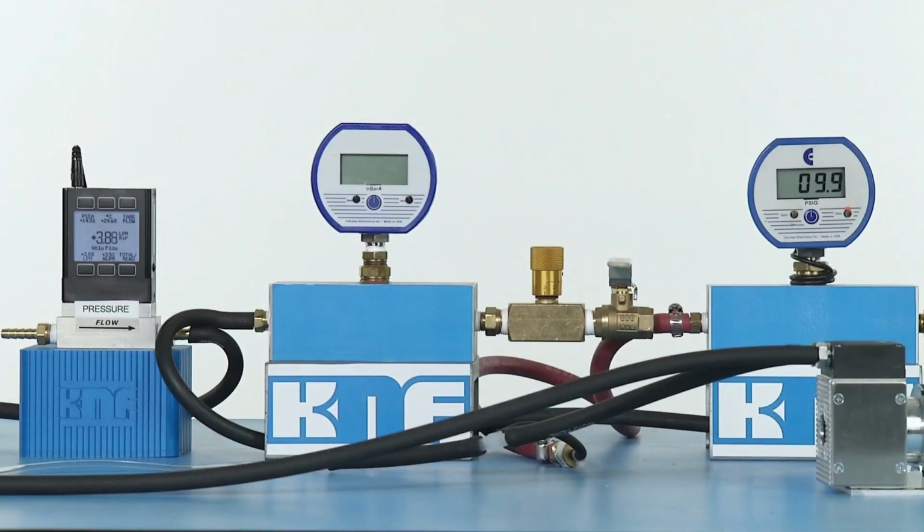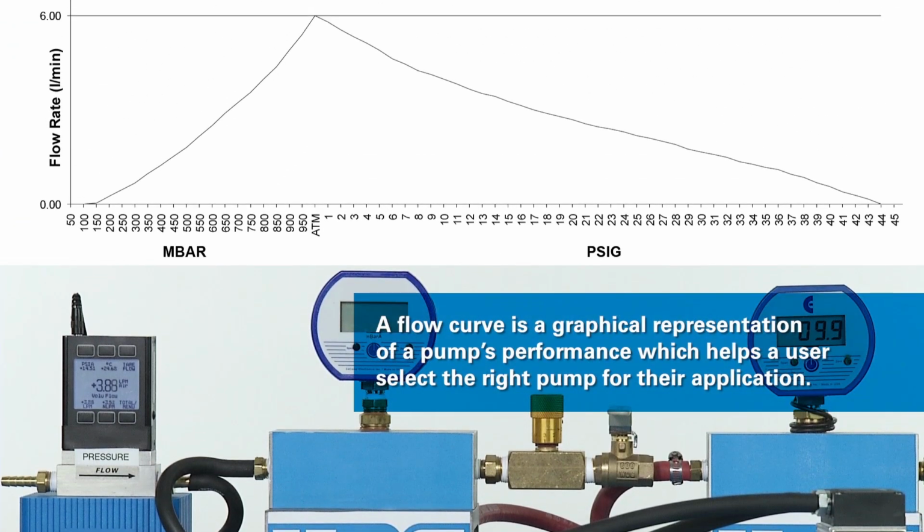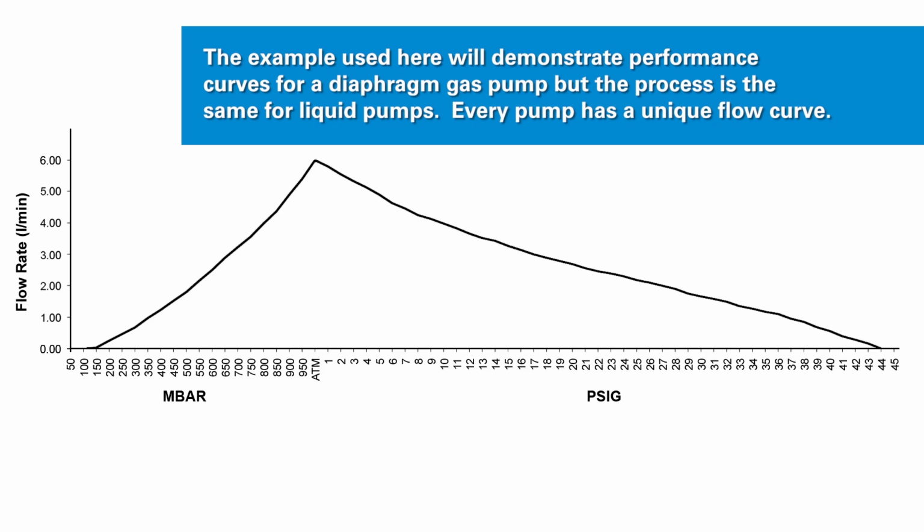For every vacuum pump and compressor that K&F manufactures, a flow curve is generated to illustrate the expected performance capabilities across the rated pressure range. The performance is mapped on a chart like the one shown here, where the x-axis is pressure and the y-axis